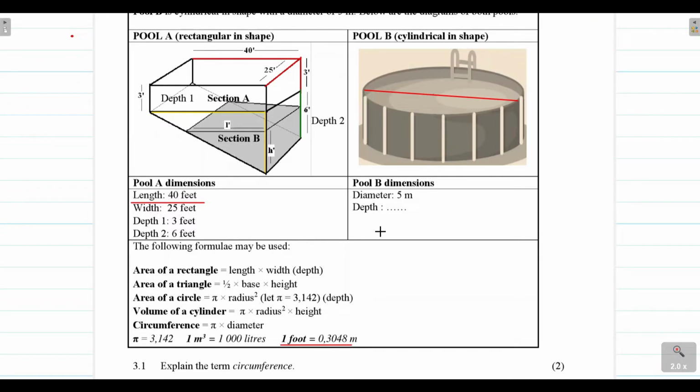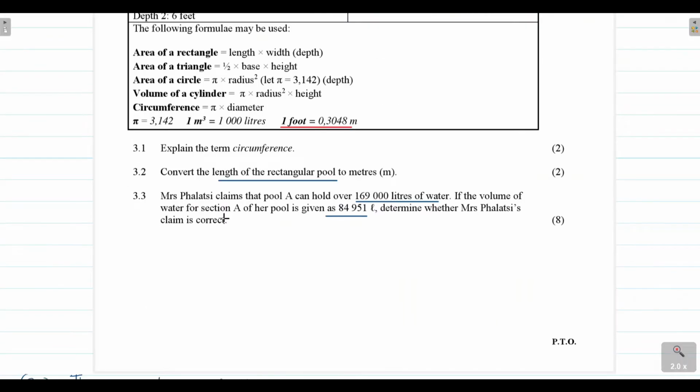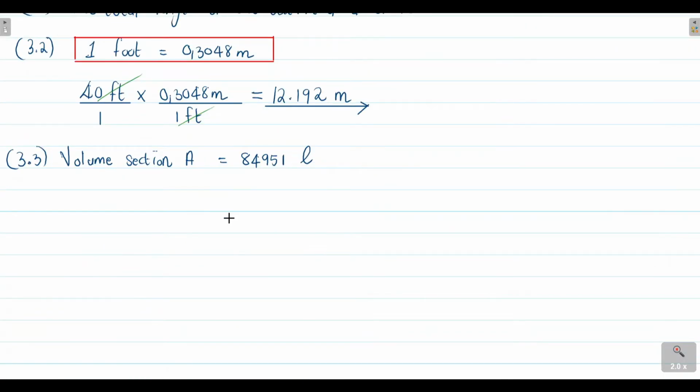84,951 liters. They first got their answer in meters cubed, and then they converted that answer of meters cubed into liters. That's how they got their volume. I'm just going to quickly show you how you would calculate that, just for interest's sake, because guys, at the end of the day, you are here to learn,